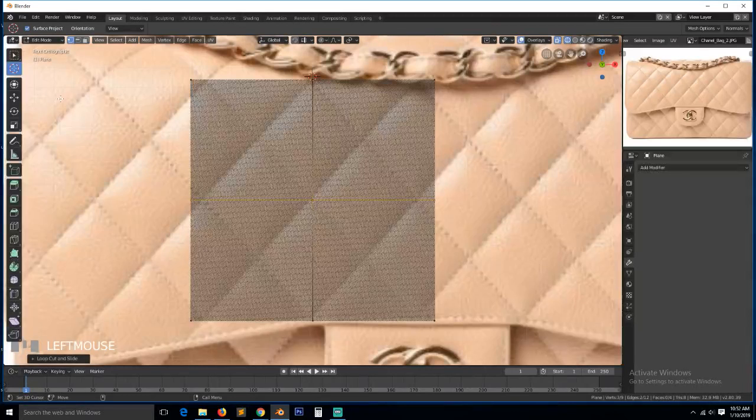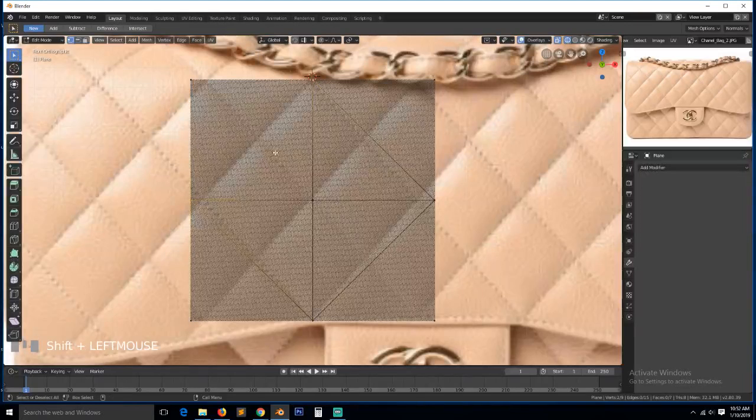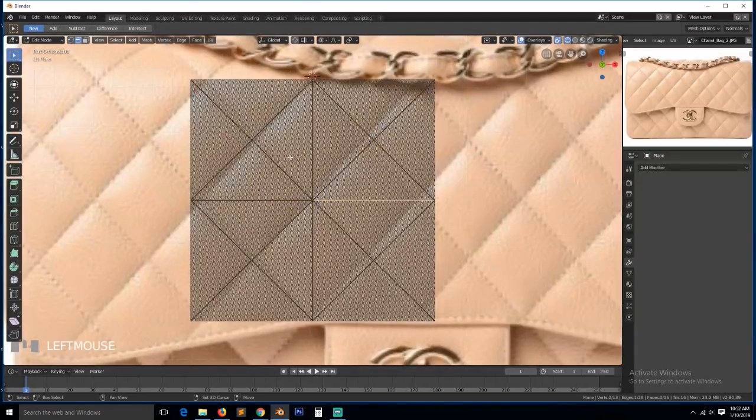join these two, this and this, this and this, and this and this. So we get that same pattern, and then do the same like this. Now we just need to remove those edges where they're not supposed to be, so we have that pattern like